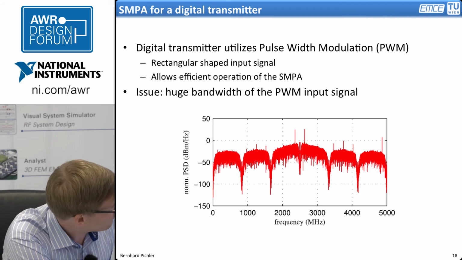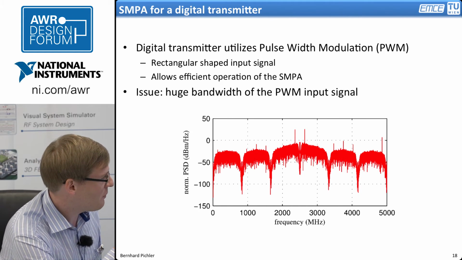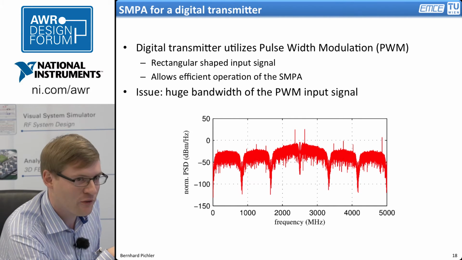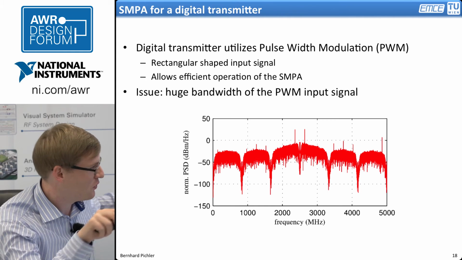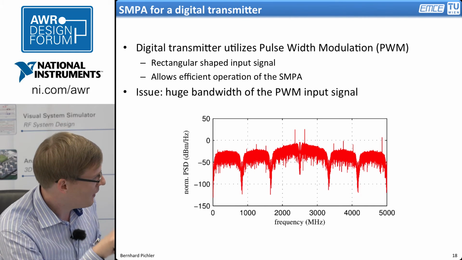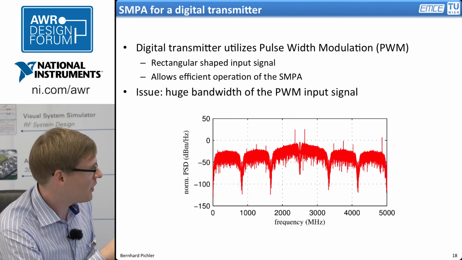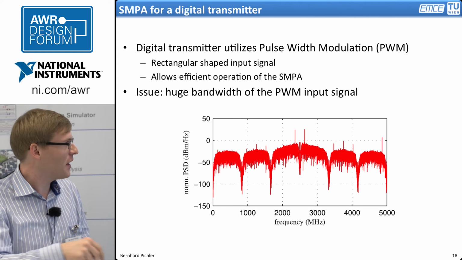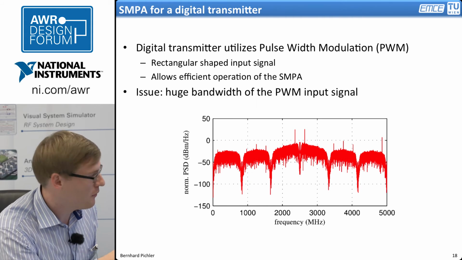You can see here the power spectral density of this input signal, which is more or less the issue of such power amplifiers, because they have energy over a wide frequency band. This is from 0 to 5 gigahertz, and the center frequency is 2.5 gigahertz. So this is a huge bandwidth. PWM modulators can generate this signal, and you can modulate any kind of input signal. In this case, we used an LTE signal, which is here, this small part in the middle, which has 20